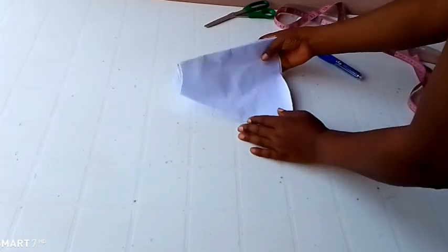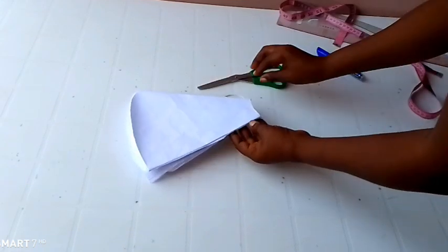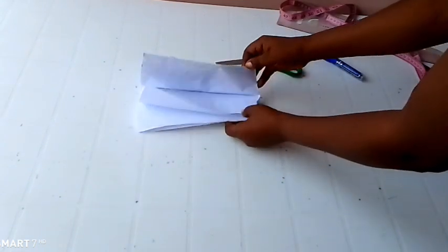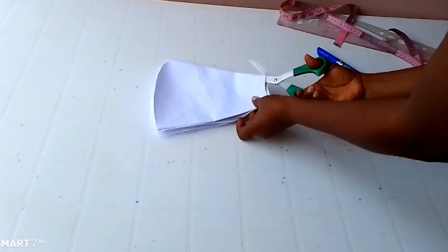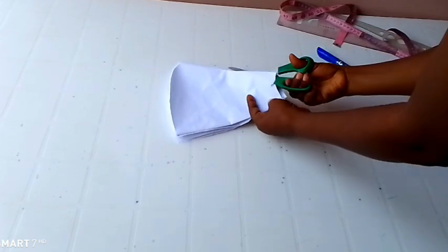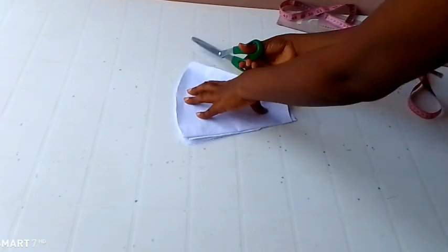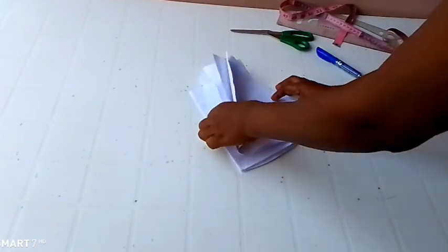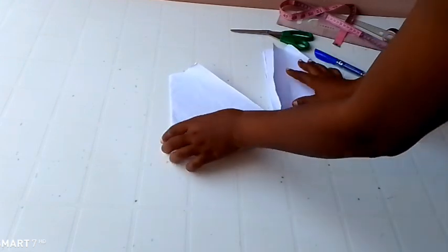So after folding and getting the center part, the next thing I'm going to do is cut it. I folded it into 4, I went ahead and folded it again. So I'm just going to go ahead and cut it open like this. Hope you understand. So after cutting it out, I'm still going to